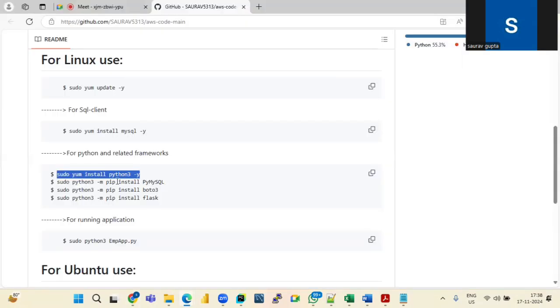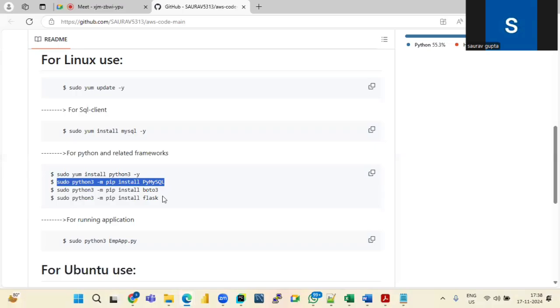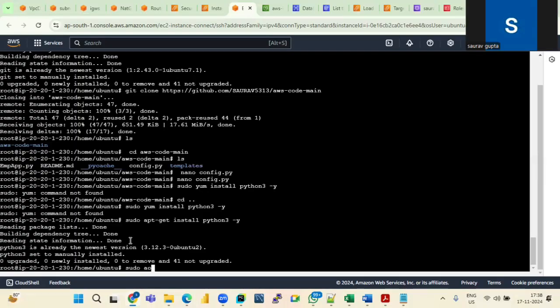It is getting installed, and similarly here as well, paste. Sudo python 3, actually not this one. Sudo apt-get install python-flask. If flask we will install, then python 3 actually,